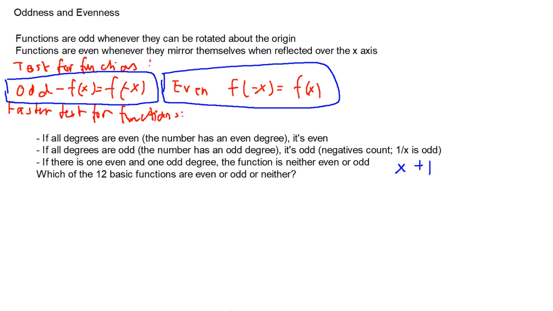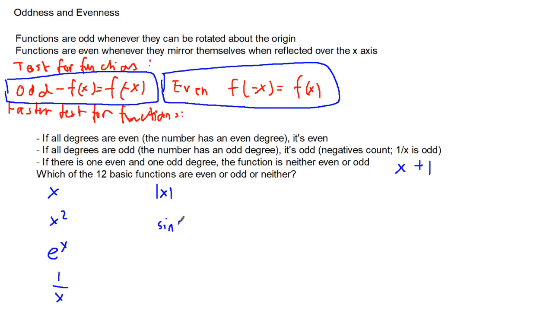So which of the 12 basic functions are even, odd, or neither? I'm going to write the functions now. You can spend a few seconds to try to get used to them, right? So we have x cubed, we have e to the x, we have 1 over x, we have absolute value of x, we have